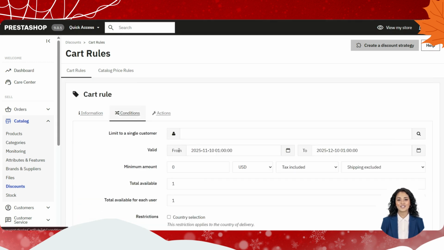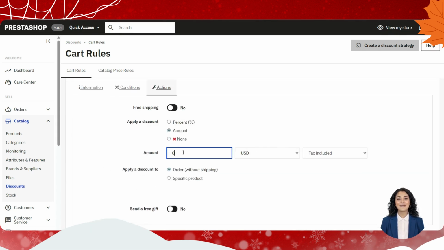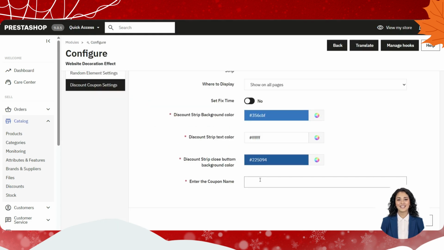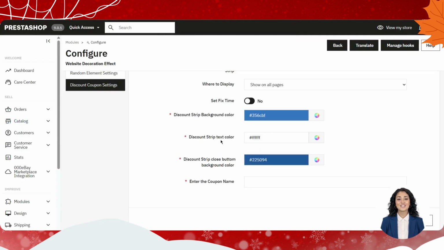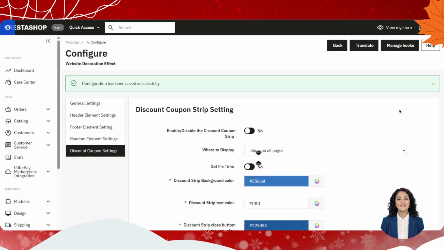How you want your cart to work with the discount. Next, go on the action. We are giving the amount of 100 discount. Click on Save. We have a coupon code of text. We have to refresh this and just enter the coupon code name here. Coupon code name and click on Save. So once you save, you will have a success message, but you have to enable it to display on